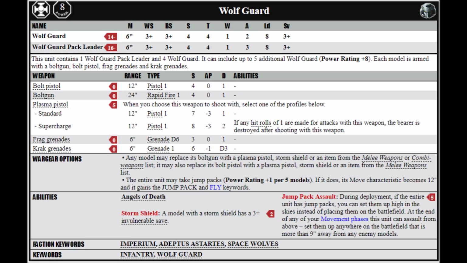They also have the option to take jump packs, which are 5 points extra per model. I know it's not particularly iconic for the Wolf Guard to be flying through the sky, but gameplay wise it is a really quite powerful option. It gives the Power Armoured squad the option of Deep Strike, even if they don't have any sort of drop pod or anything like that, and when they are on the board they've got much better mobility and can charge